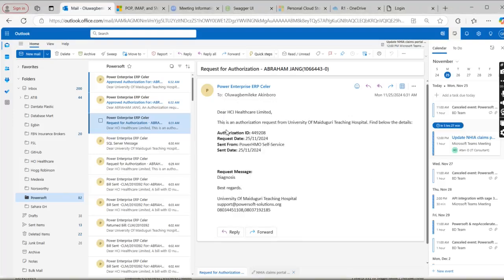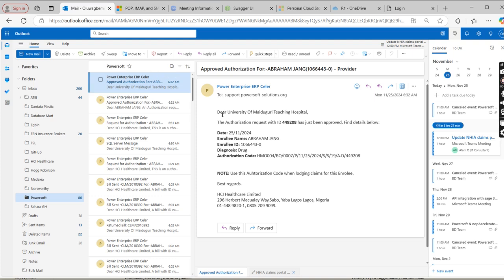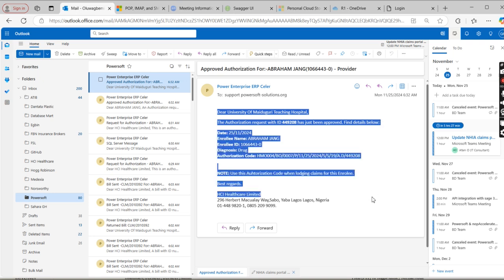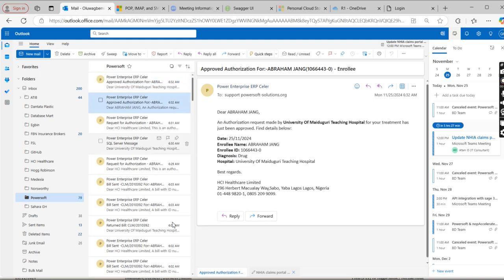This right here is the second mail I sent again from the provider point of view requesting authorization. And this is a mail going to the enrollee that an authorization request made by XYZ Hospital on his behalf has been approved. While this one is going to the provider to say the authorization request made for this enrollee has been approved, and it also adds the authorization code to the email. Right. So let's go back